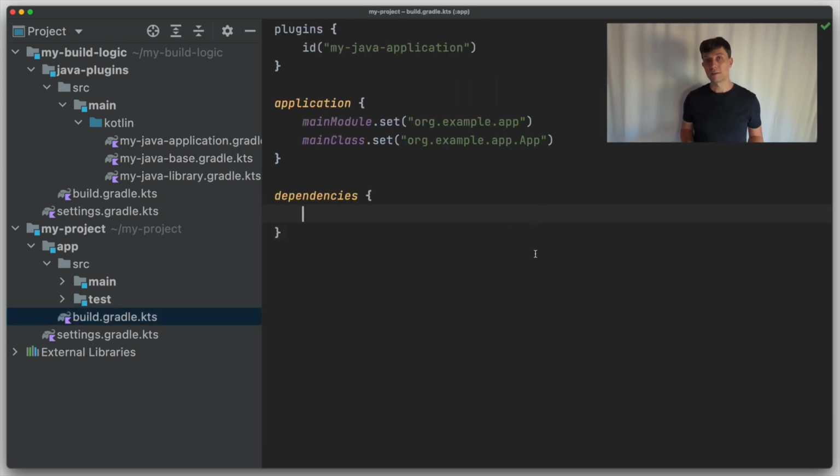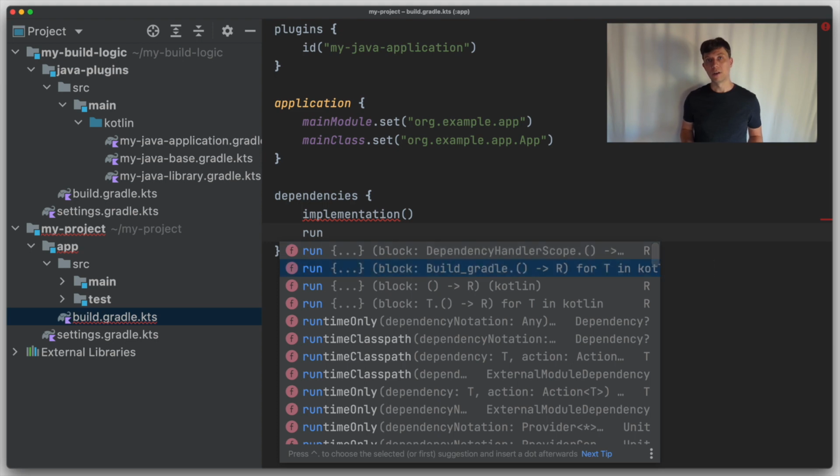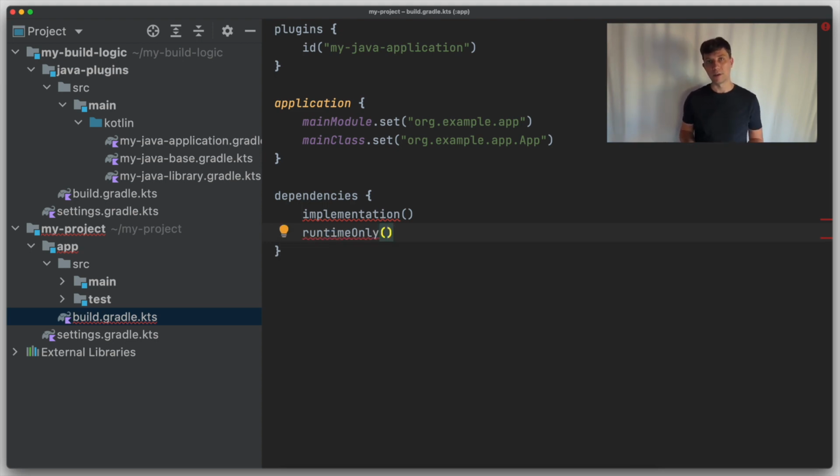The class paths are filled with the dependencies we declared, and as I have shown in the declaring dependencies video and the video on the class path, there are different scopes which are also realized as configurations to define dependencies. The scope will decide if things end up only on the compile class path, only on the runtime class path, or on both.